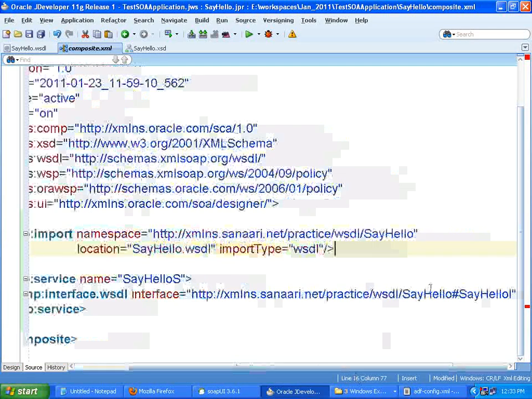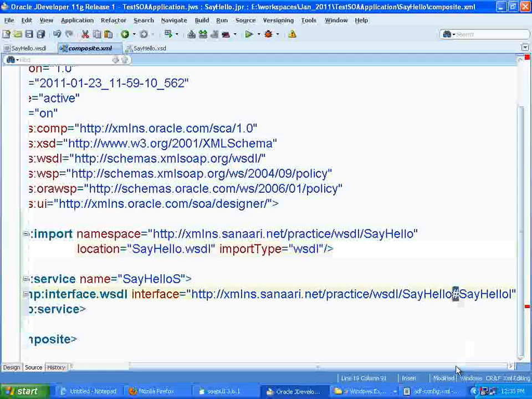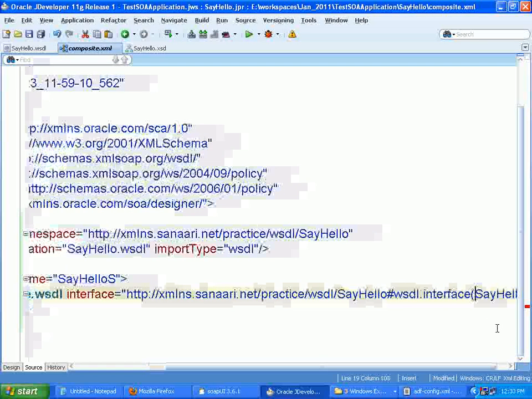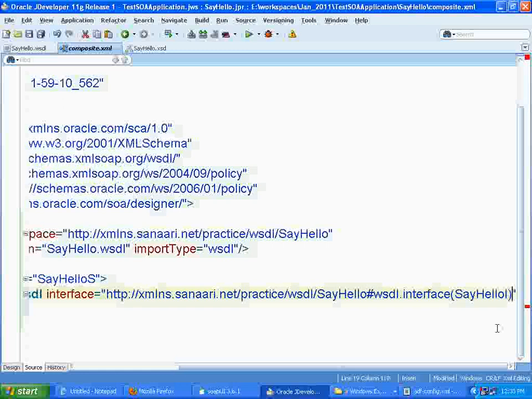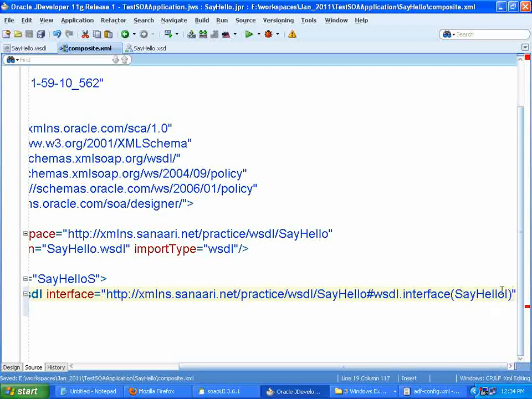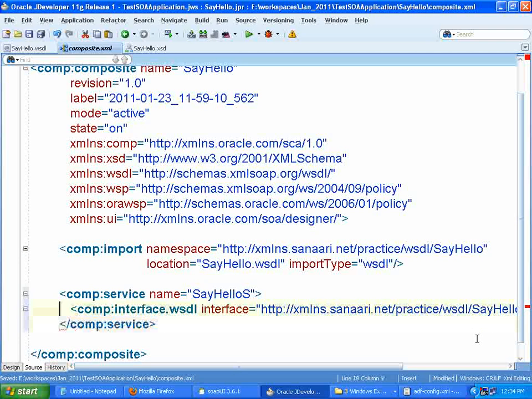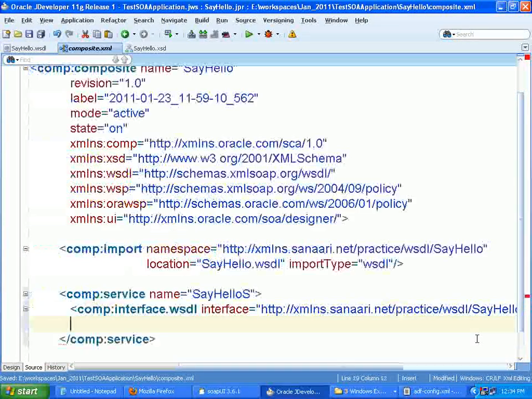And here I think there is some issue. Is it the same way that we generate, or interface WSDL dot interface of say hello hi? This is the way, right? Okay. And after that what do you have? Component dot